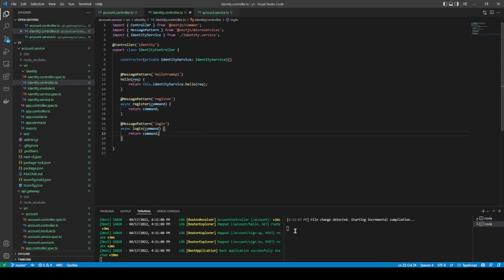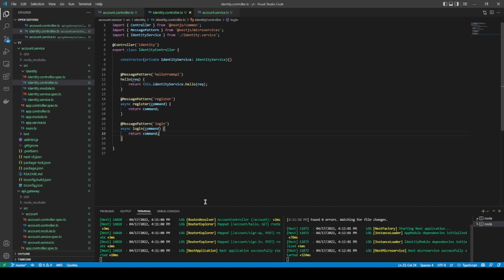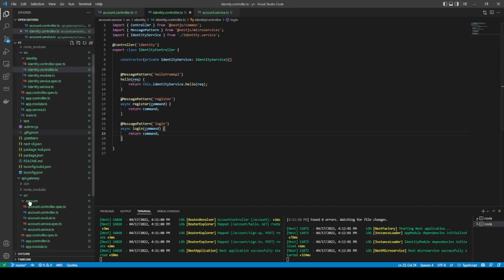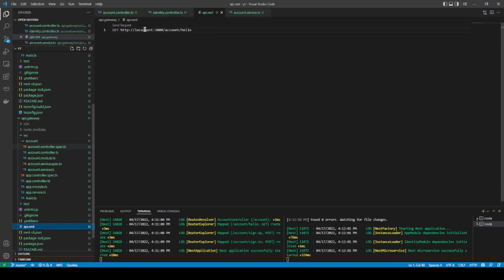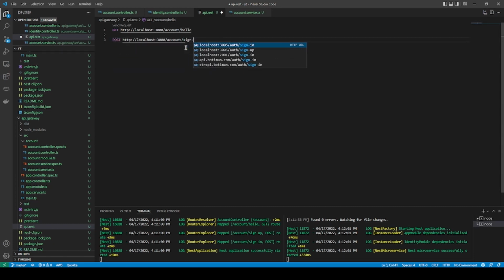So I save this, the compiler detects the change, and I have to go to test. Okay, so to see if my code is coming to this section or not. I mean, I'm going to test a request to see if my request is going to the account service or not. So it is a post,